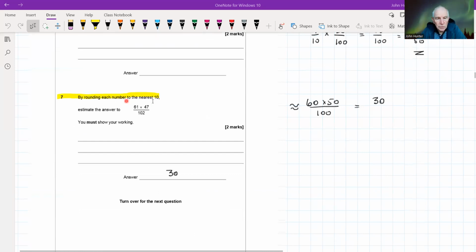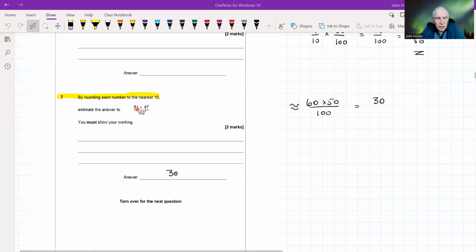Right, by rounding each number to the nearest 10, estimate the answer to this thing here, 61 times 47 over 102. So we've done this, I think, probably before. Usually we kind of round things to one significant figure, don't we? And that's more or less what we're being asked to do here, in a sense, because